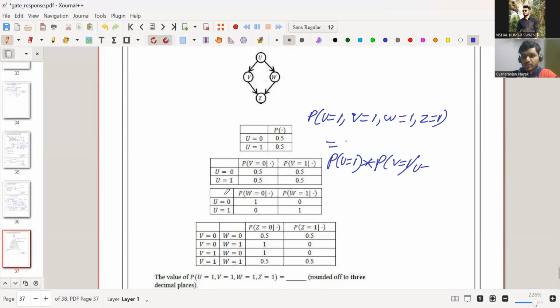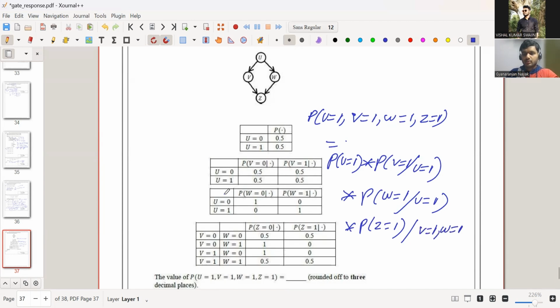So u also equal to 1 into probability of double equal to 1, then it depends upon the u. So u equal to 1. Okay. If you calculate z into probability of z equal to 1, it will depend upon the v and double. So v equal to 1 and double equal to 1. If you apply this formula,